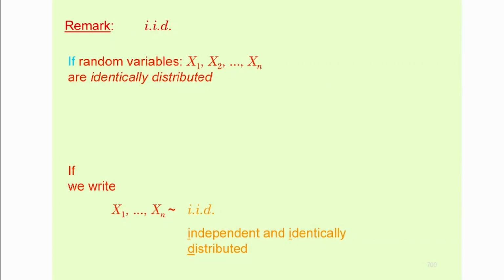Then, of course, they have the same distribution. And if they have the same distribution, they have the same moments. So the expectation of the first is going to be the expectation of every other. Otherwise, if that was not true, they would not have the same distribution. Now, the converse is not true either. Just because they have the same expectations, it doesn't necessarily mean that the distributions are equal. But if their distributions are equal, they have the same expectations.